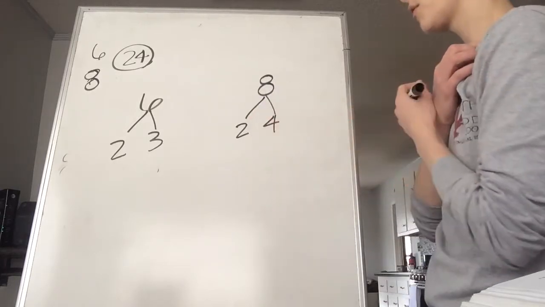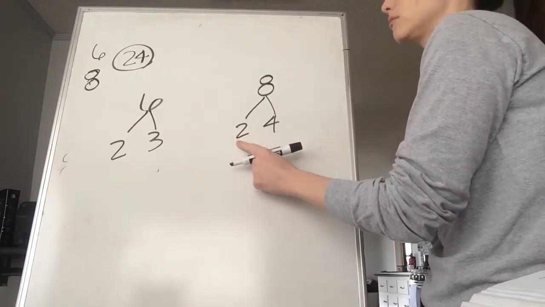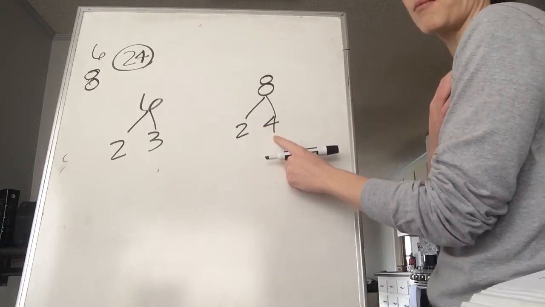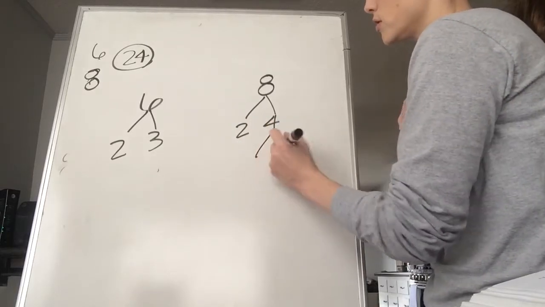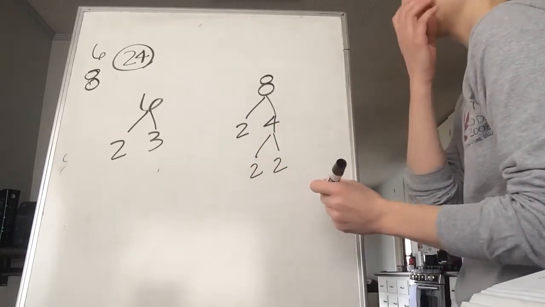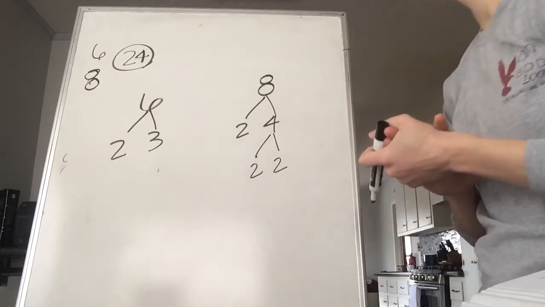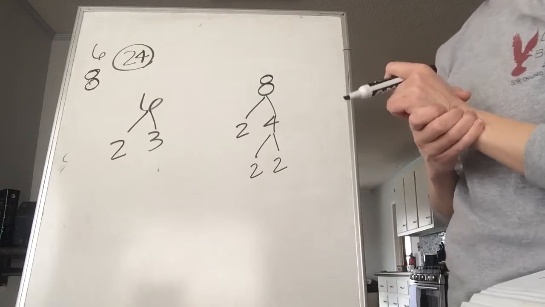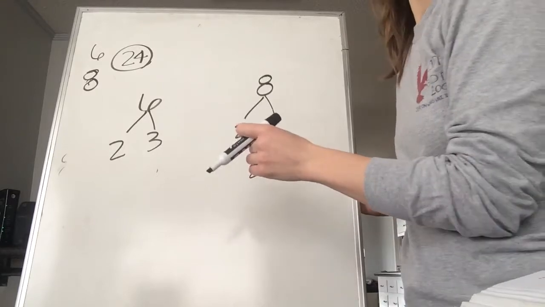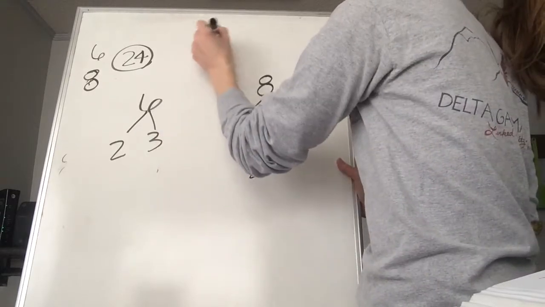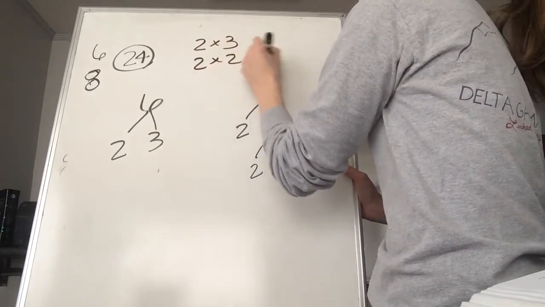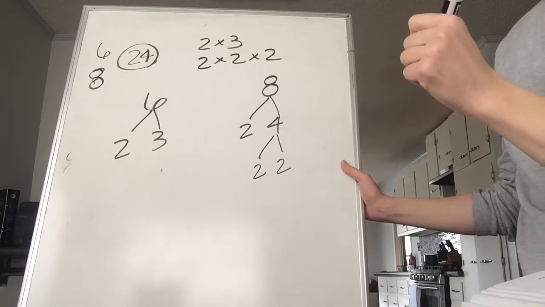So 2 and 4 will go into 8. 2 is a prime number. Nothing else will go into it other than itself. What about 4? It's not a prime number, so we need to break it down further. So 4 can be 2 and 2. Are these prime numbers? Yes. So when we get down to 2s and 3s, 5s, then we're breaking it down to prime numbers. So our prime numbers to get us 6 would be 2 and 3. And our prime numbers to get us 8 would be 2 times 2 times 2. Now a lot of times when we're coming up